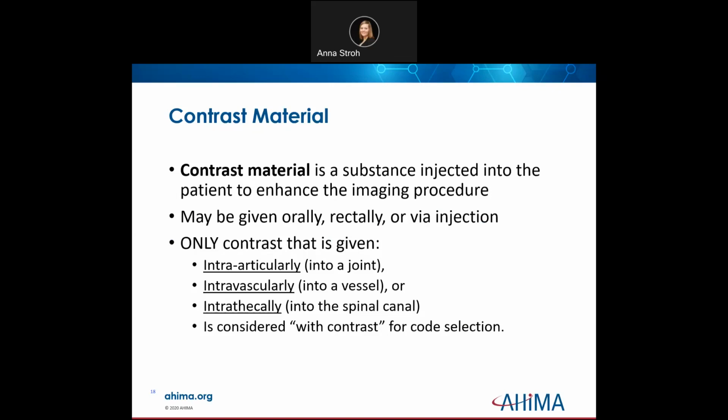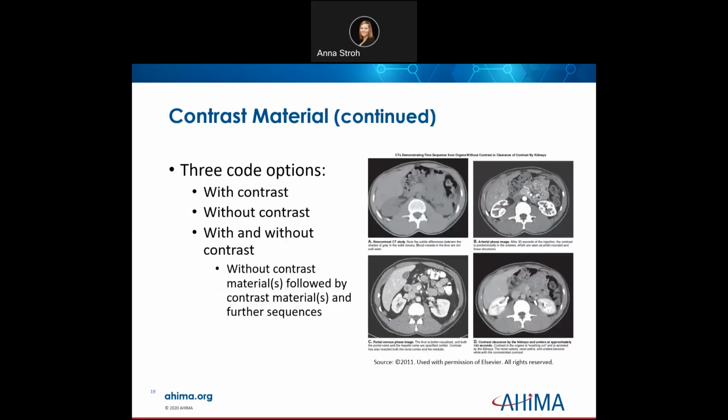So any of these are considered with contrast. All right, so like I said, very important when you're coding for CT scans or MRIs, there usually are 3 code options for each body area. So it could be like a CT scan of the abdomen with contrast would be one code. Without contrast would be another code. With and without contrast,